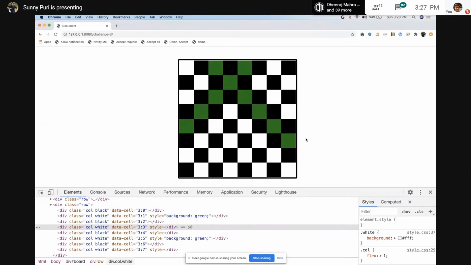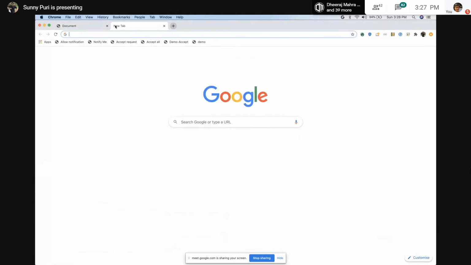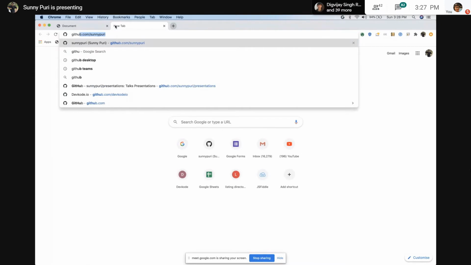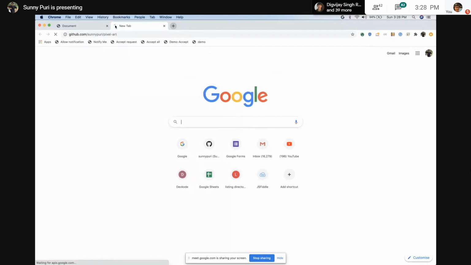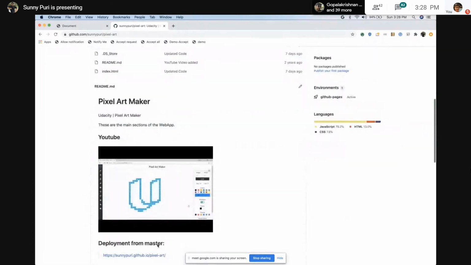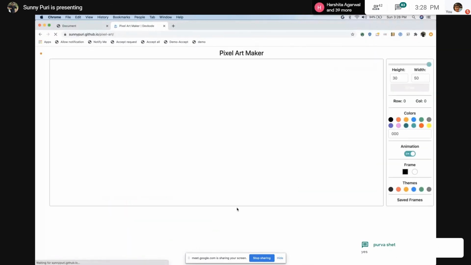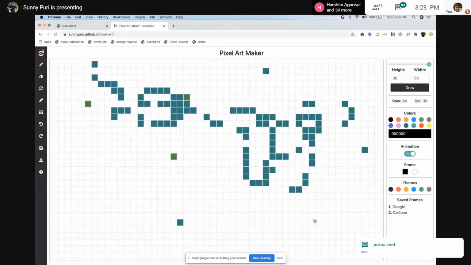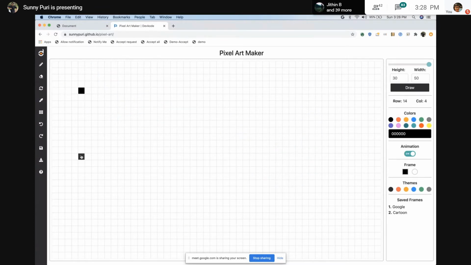Why am I saying this? Suppose we have 100 cross 100. I have shown you pixel art a few days back. So this is what we have, n number of cells. Right now the cells have height 30 and width 50. In that case you have to store, because you have to perform undo or redo operations. If you are doing something like this, you have to store.